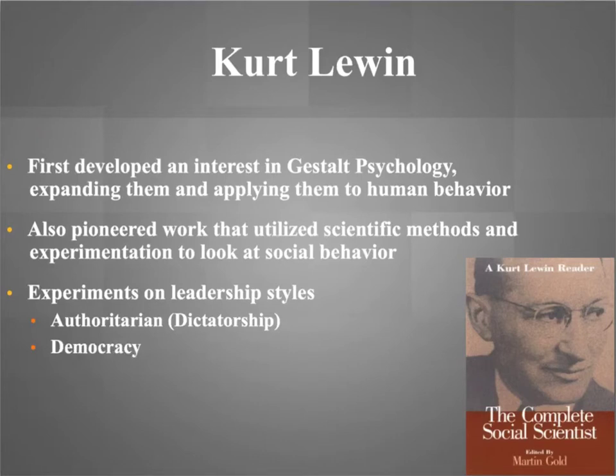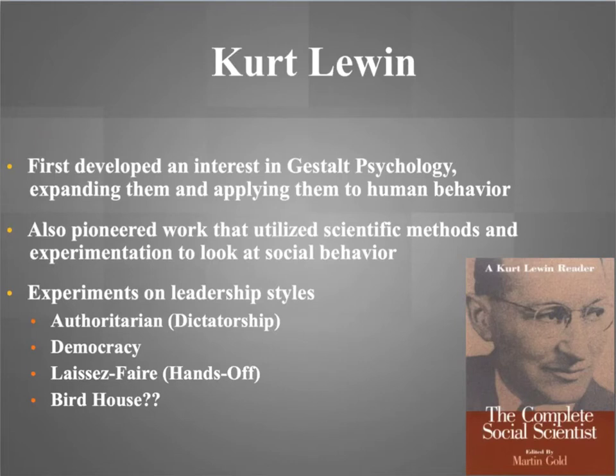To answer the question of which political system is more efficient, Lewin developed an experiment. In this experiment, Lewin organized a group of boys into 3 groups. Each group was tasked with building birdhouses. 2 groups had a leader who was Kurt Lewin, and the 3rd group had no adult supervision. This was part of each group experiencing different leadership styles.